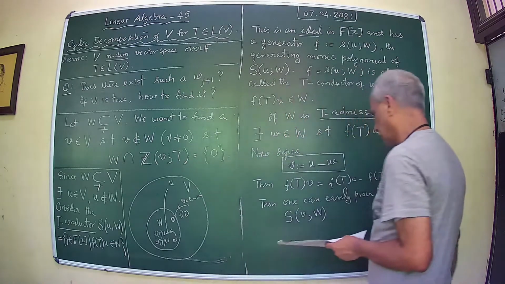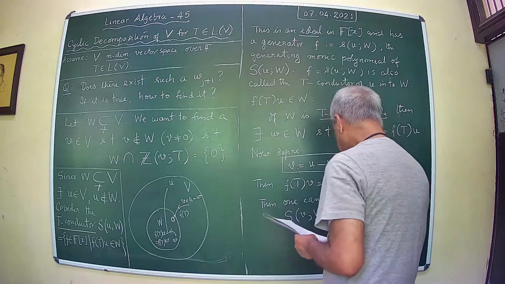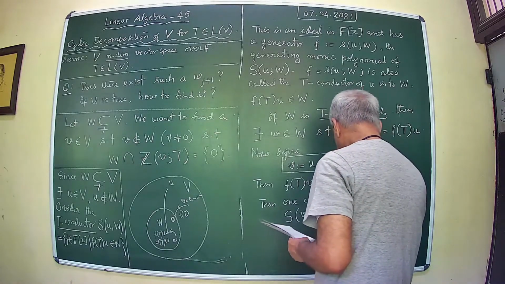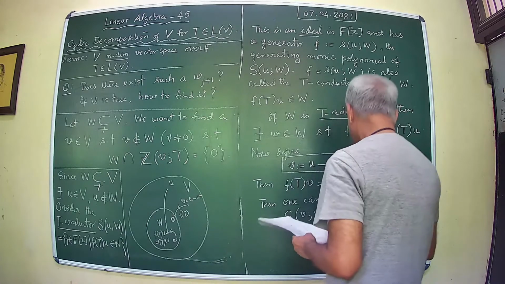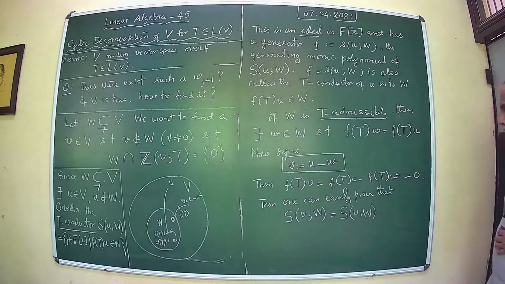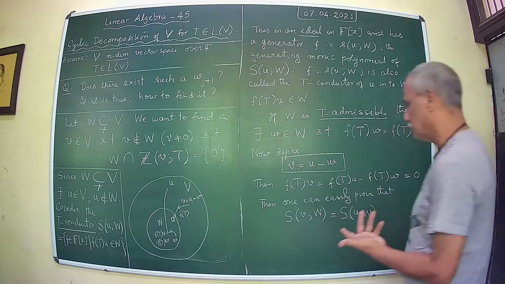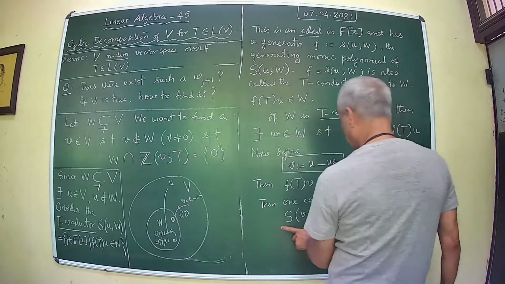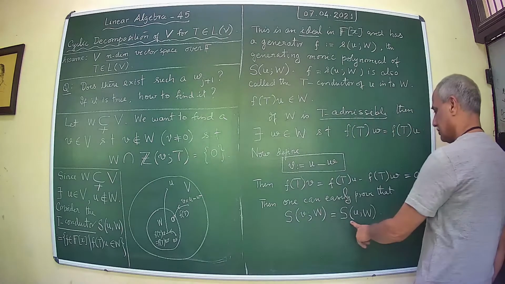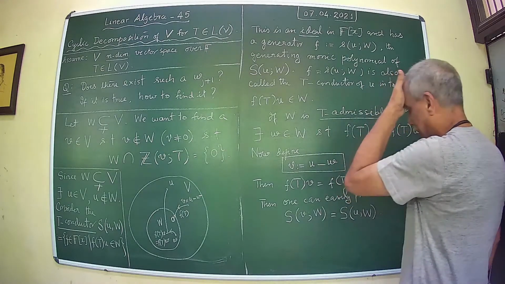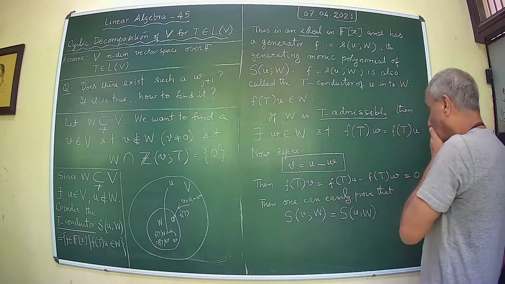W is the same as... that's quite easy to do. Start with an S, V, W. Show that it has the property that it is an element of S, V, W. Start with an F,